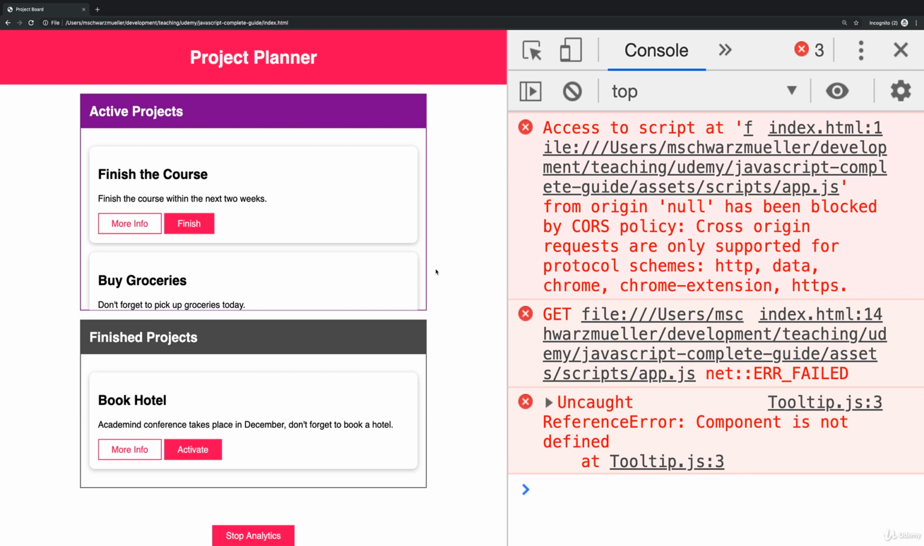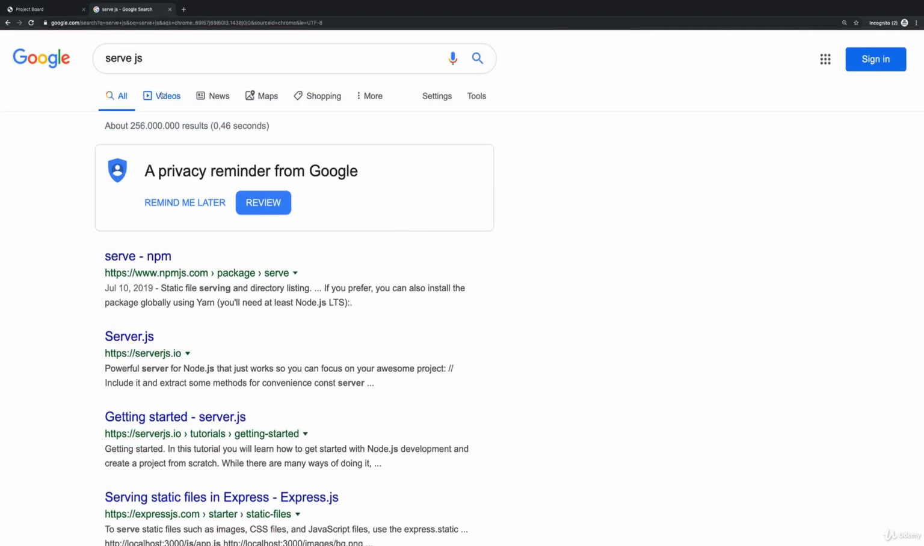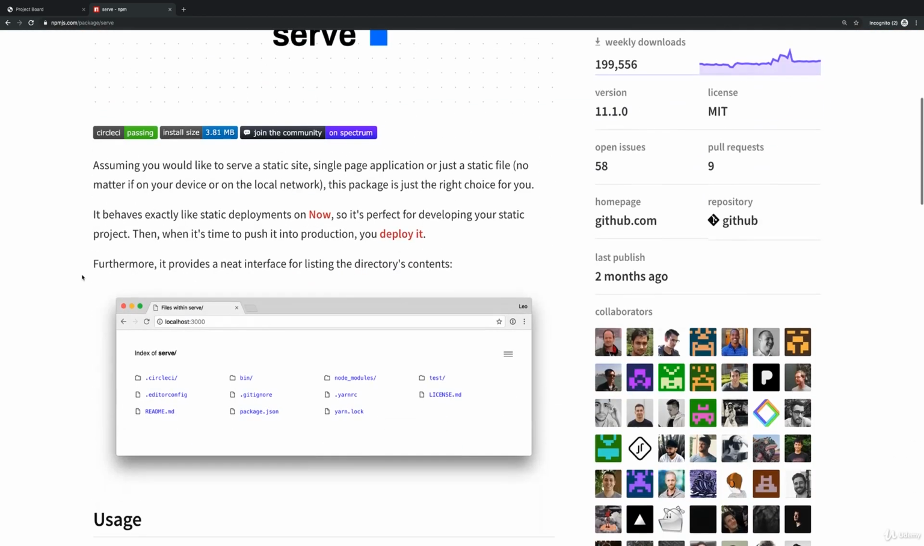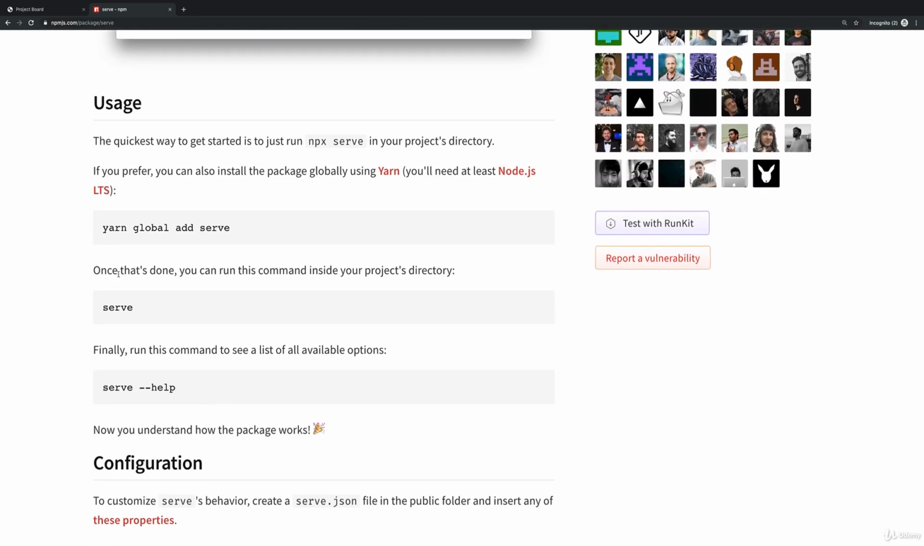It sounds like we need to set up our own server, host it somewhere, maybe pay for it. The good thing is you don't. If you Google for serve.js, you should find this serve package here on npmjs.com. We had a look at npmjs.com in the third-party library module. And here, you get a basic web server which you can install on your system and run on your system. You don't need to deploy your page anywhere, don't need to rent any servers. It spins up a little server on your machine, works on Windows and Mac OS,